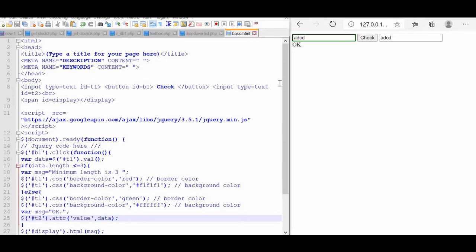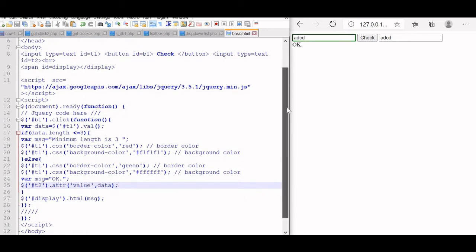Let us add one help message. Whenever the user clicks on the text box or starts entering, at that time there should be a message telling about the text box, what he should enter. That will not be related to the click event of the button, so it will go outside the click event of the button, which ends here. So let us put it here. This is beyond the click event of the button, and the moment the user clicks on the text box, the focus event gets triggered. So we will use the focus event.